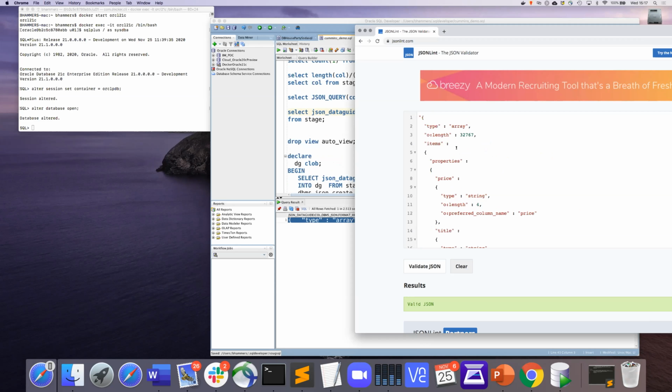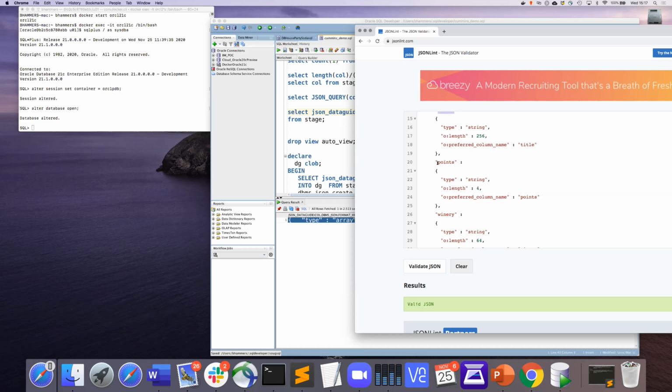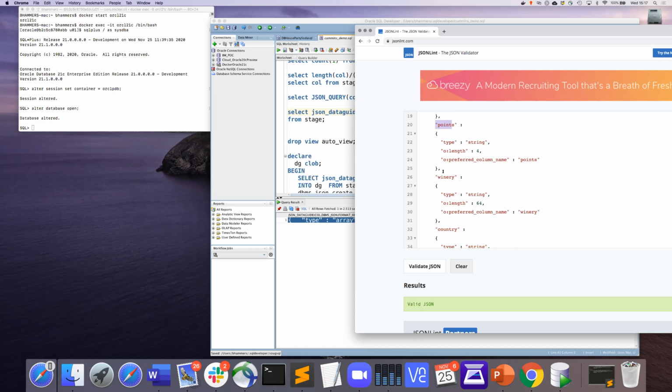And it tells me, Beda, what you're looking at, it's actually an array. And inside that array, there are objects. And all the possible field names of these objects are listed here, even if they don't occur in each of them. If it occurs at least in one, it will be listed here. And not only does it tell me the name of these fields, it also tells me what data types they are, like winery would be a string, and what the maximum length would be. So it would fit in a 64 character wide string.